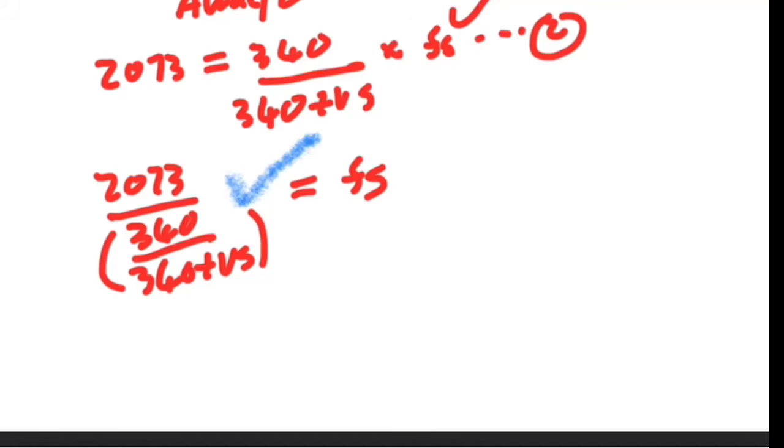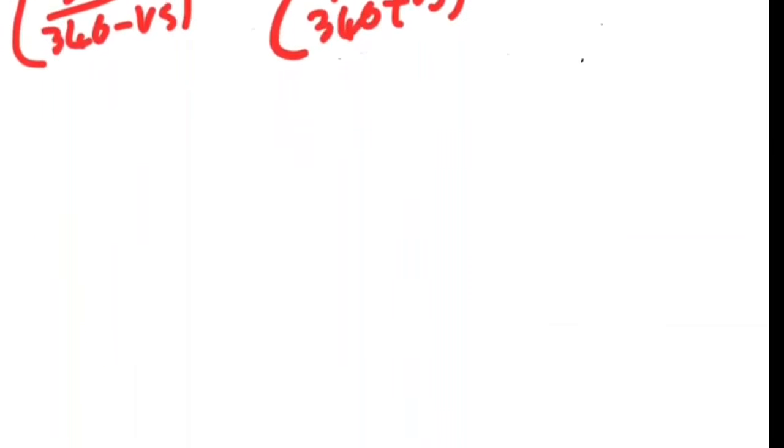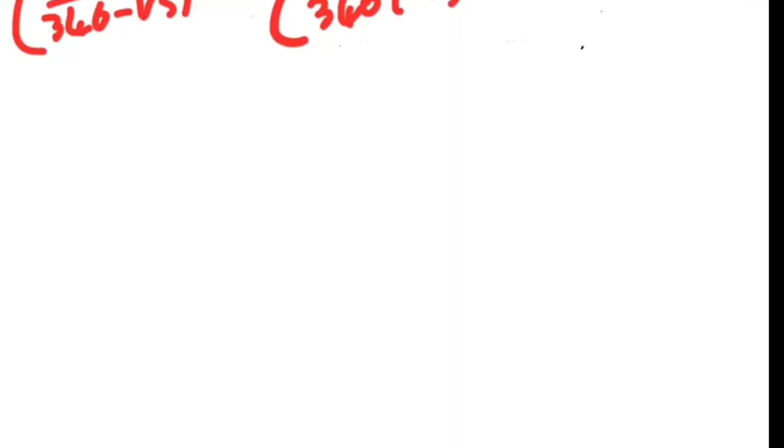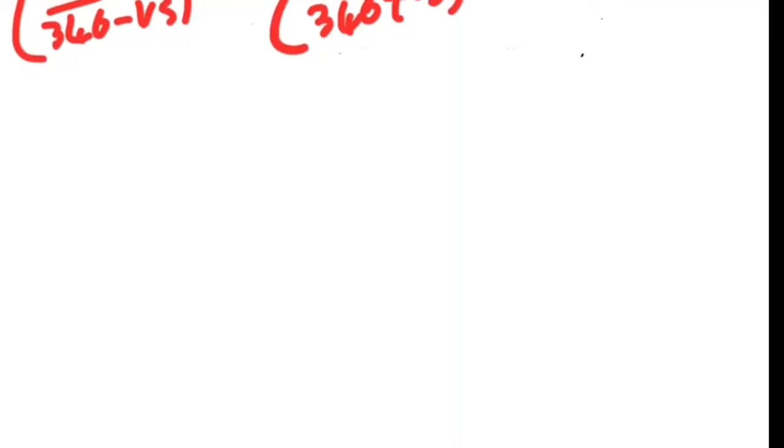This is equals to 2073 divided by 340 divided by 340 plus Vs. Right, yeah, the physics is done here. We're just solving the math equation, to be quite honest. So how can you solve this? Let's start by cross multiplying. Right, so if you cross multiply, I'm gonna get